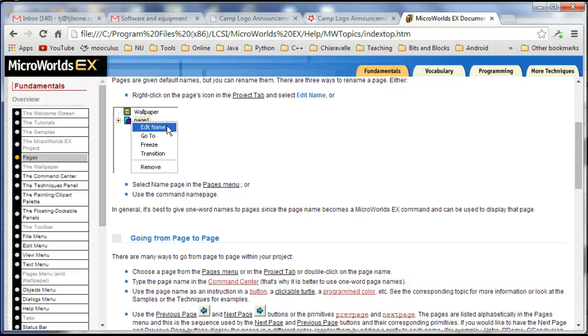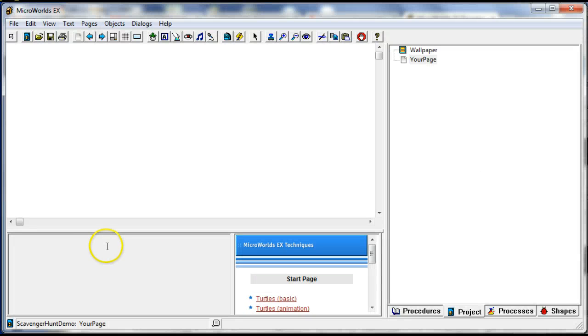Or, what else? Use the command name page. You know what? I'm going to save that one. Basically, commands you can put in different places, including the command center. Oh, you know what? This one you didn't need to do, but why don't I just show you anyway? People might be curious. So if you want to know how you would use the command name page, let's just do that one real quick. Name page,